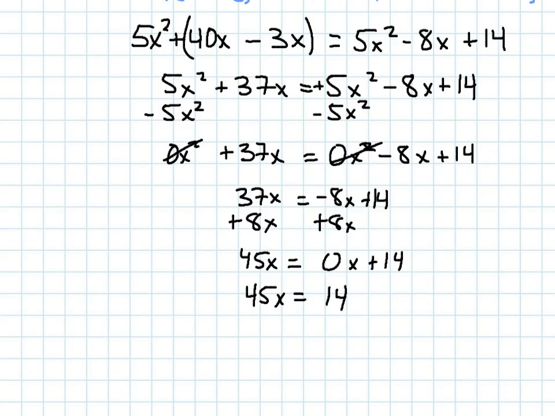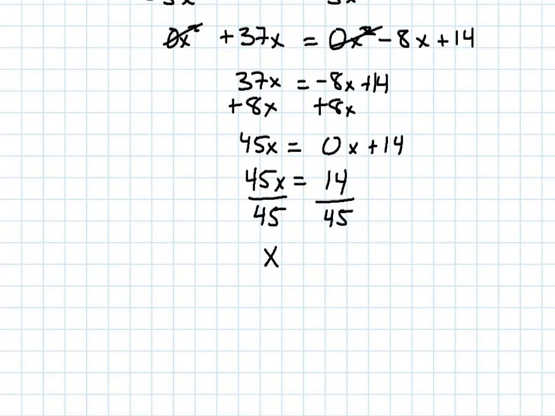Okay, so now I need to get x by itself like we did in the last problem. So 45 is multiplying to x, so I need to divide it to undo that multiplication. So dividing both sides by 45